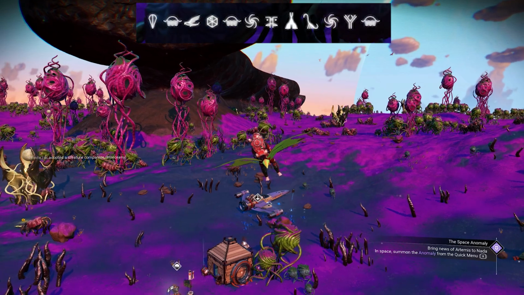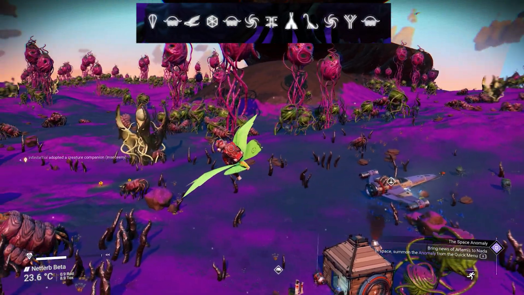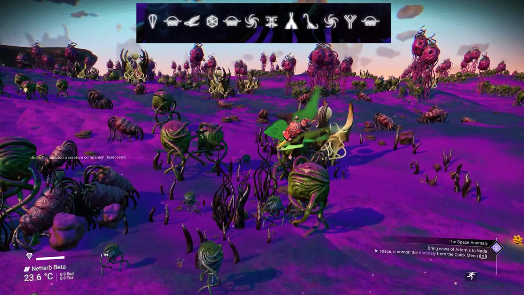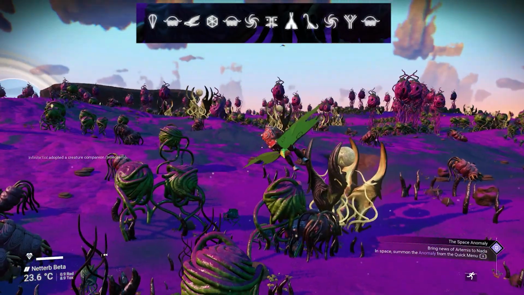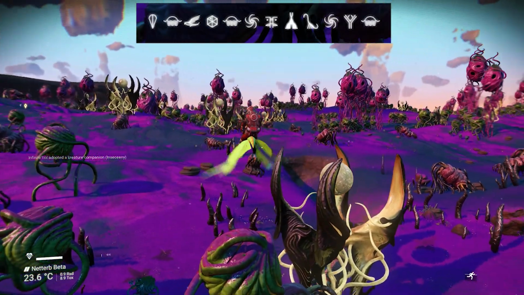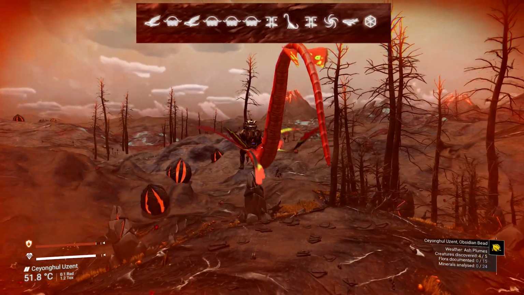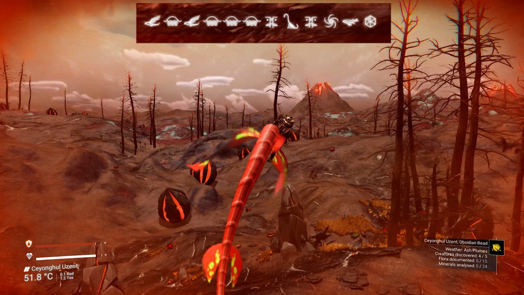By the way, if you want to find these mounts that I'm showing in this video, here are a couple of coordinates. The first one right here is going to be for that butterfly, the green one on one of my base planets, and the dragonfly one is going to be this right here on this volcanic looking planet, and